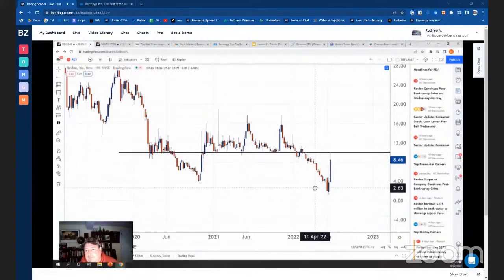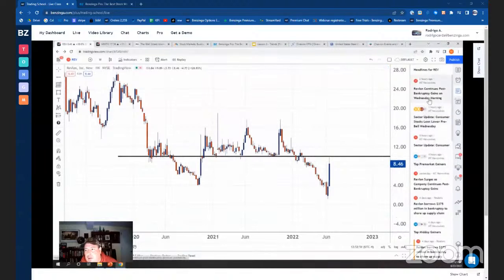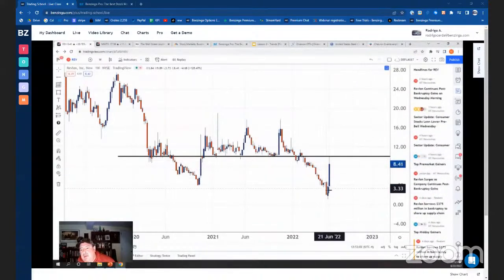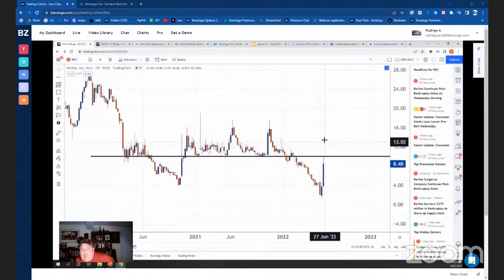But now think about it, right? I'm not telling you what to do here. I'm just pointing out things you may want to think about. This company was at $2. Now it's at $8. That's a lot of percentage. So maybe they thought, oh gee, at 2 that looks like a nice target, but we were going to pay them 5. So that is something to think about there, right?